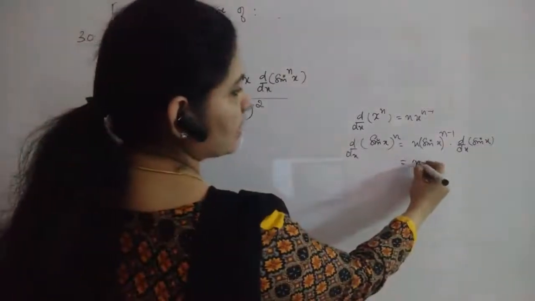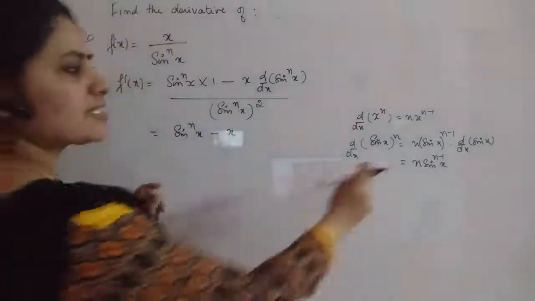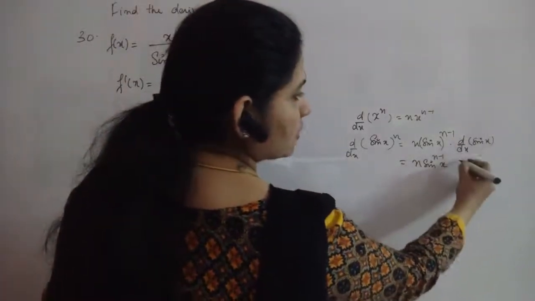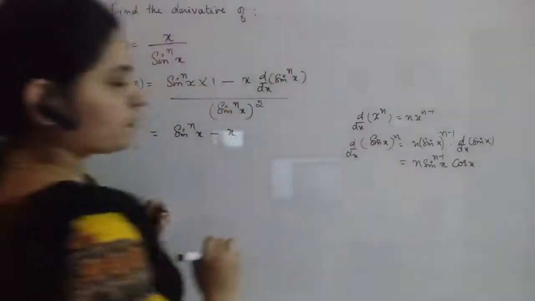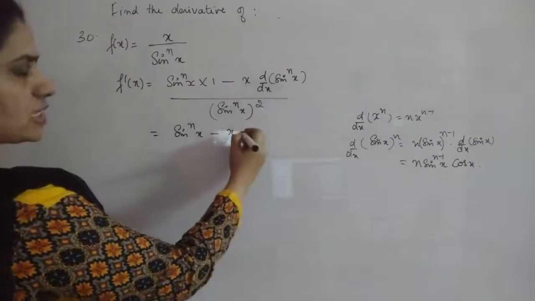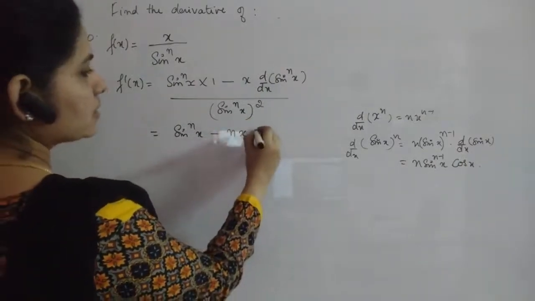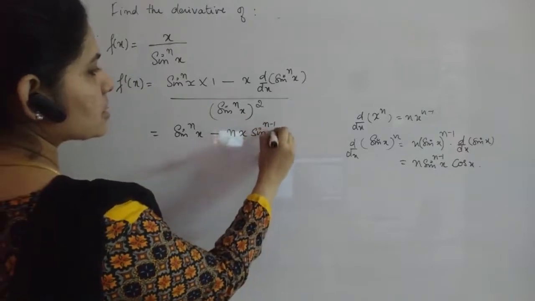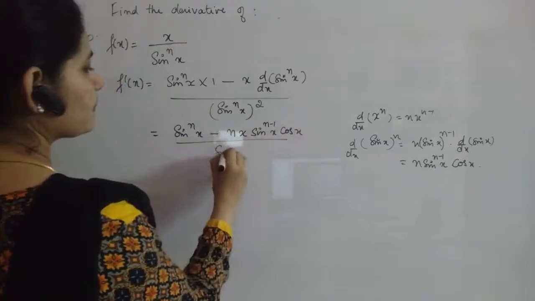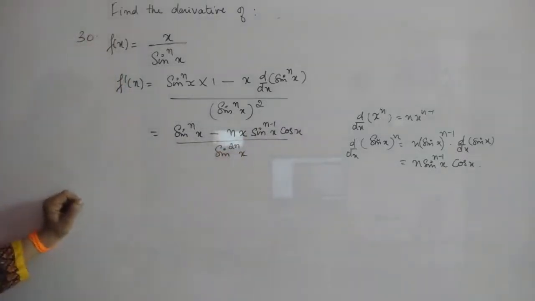So here you will get n sine raised to n minus 1 into x. Into x means this is the power, okay, sine x the whole raised to n minus 1 into the derivative of sine x, which is cos x. This will be the derivative of sine raised to n x. So we are just replacing that value, n x sine raised to n minus 1 x cos x divided by sine raised to 2n x. Okay,